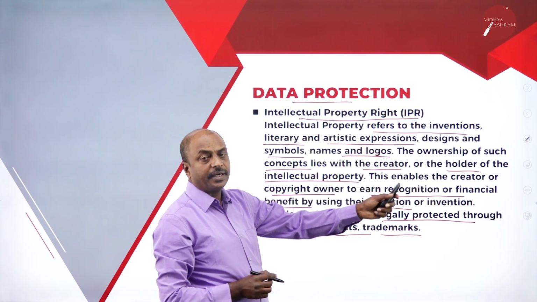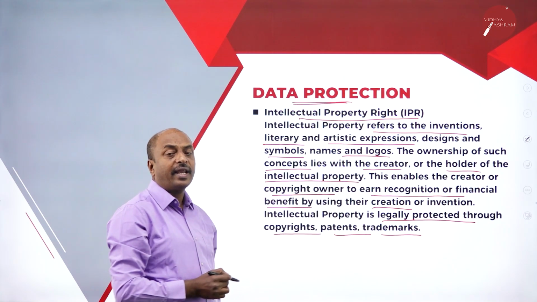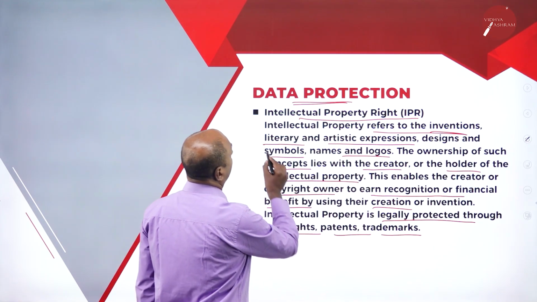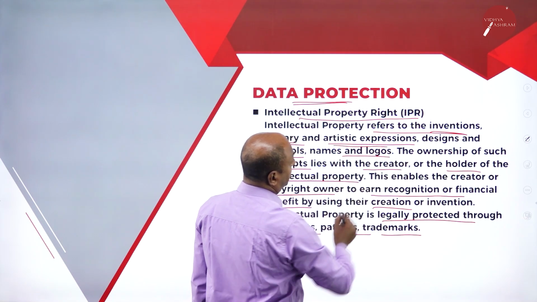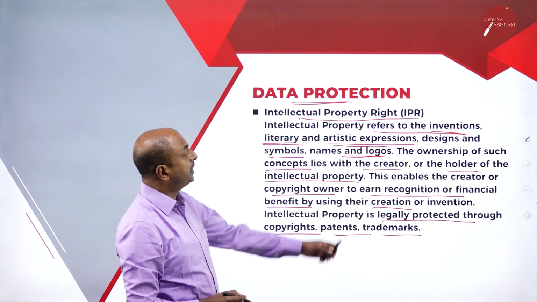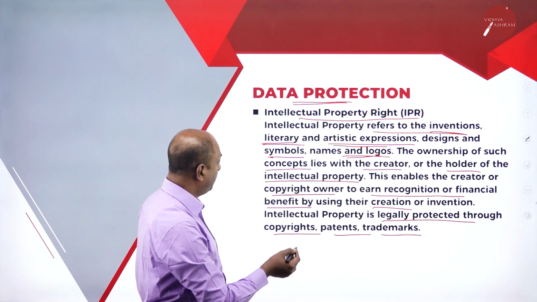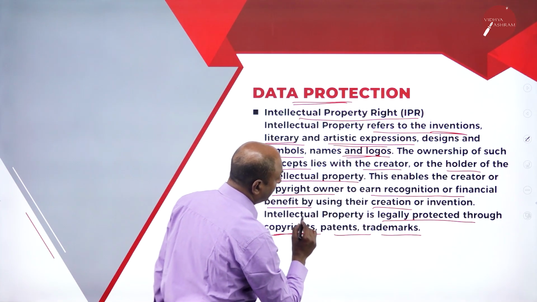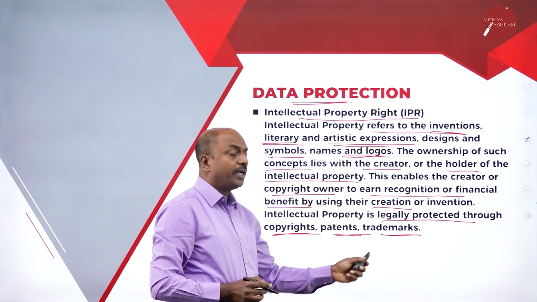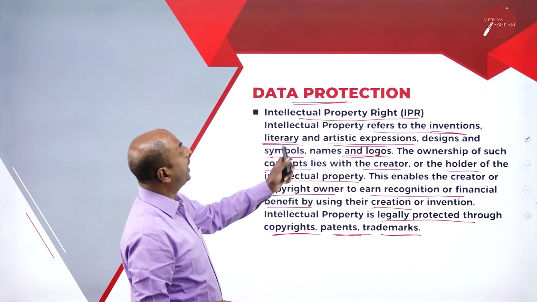IPR is nothing but an act that is going to protect data. It can be different forms of data, maybe inventions, literary work, artistic expressions, designs, symbols, names, and logos. All of this can be protected through IPR. With the help of IPR, we can protect copyrights, patents, and trademarks. All these different types of data can be protected in the digital era through IPR,